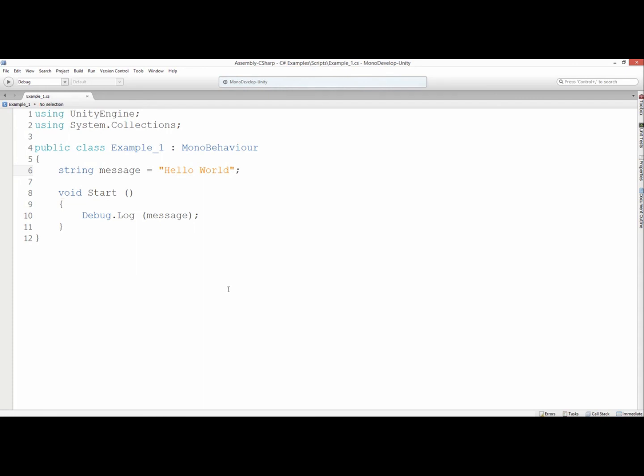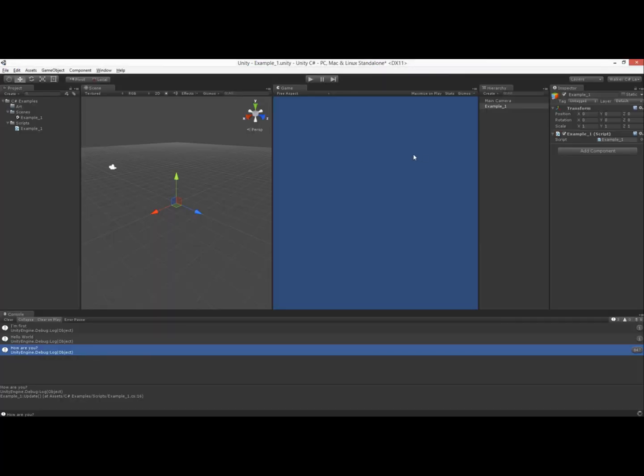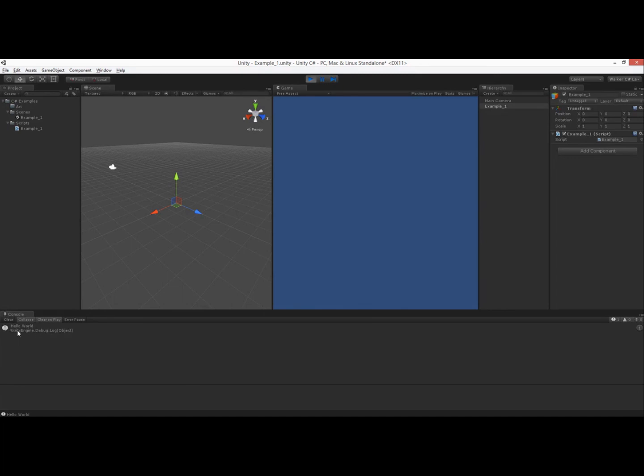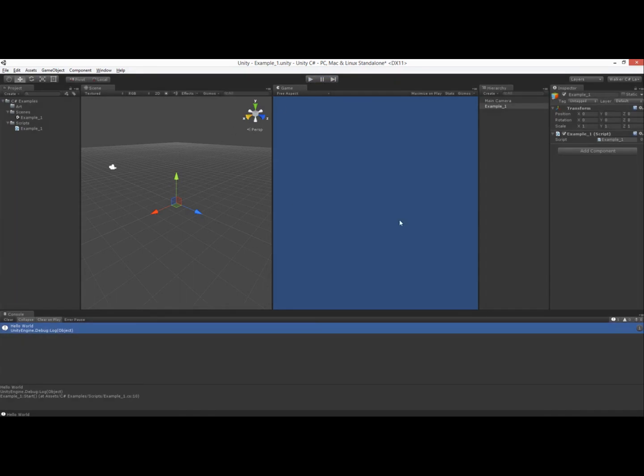So if we save this one, we go back into Unity and we push play. What you'll have pop up is Hello World. Now it's external of the method we just used, however there's still nothing over in our inspector. If we want to be able to access anything in the inspector,